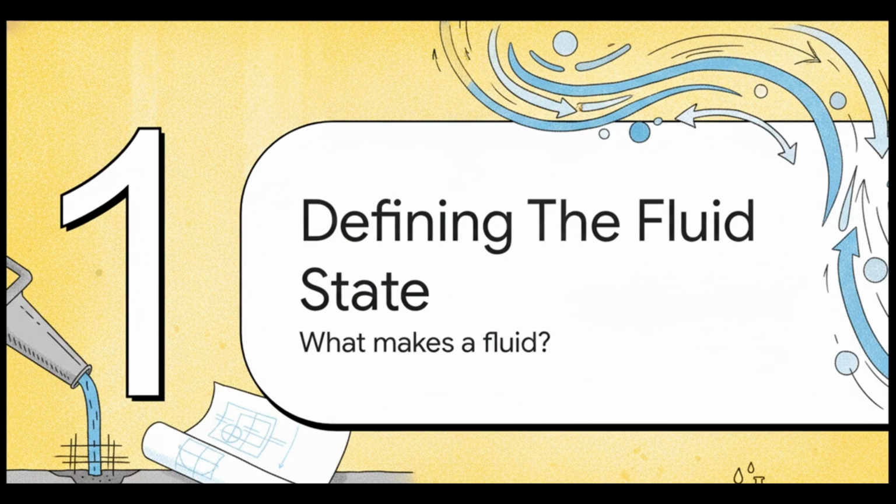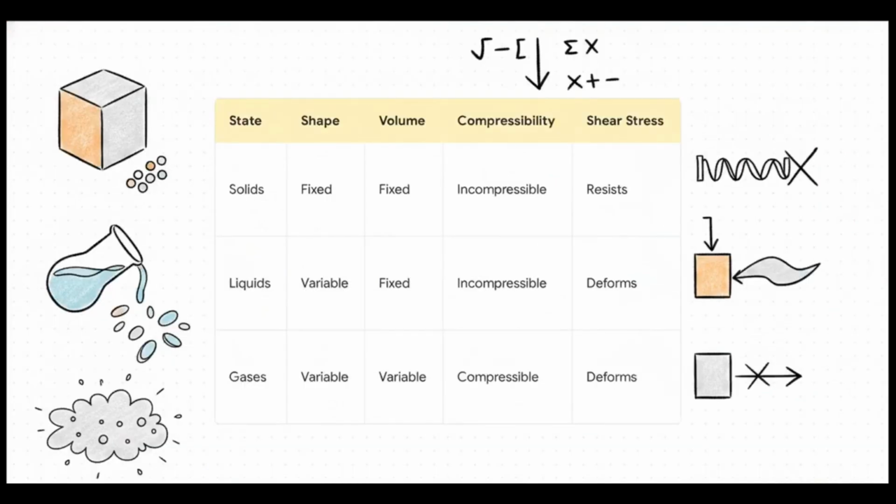So Section 1. Defining the fluid state. Before we really get going, we need to establish exactly what makes a liquid, well, a liquid. Comparing our states of matter, the crucial baseline assumption for our models is that liquids are strictly incompressible. Think about it. Solids resist deformation entirely. They've got a fixed shape and volume. Gases have totally variable shapes and volumes, and they compress super easily. But liquids sit perfectly in the middle. They maintain a fixed volume but have a variable shape because they continuously deform under shear stress. Basically, they flow when pushed sideways. And because they cannot be compressed, it allows us to predict their behavior mathematically with incredible precision.